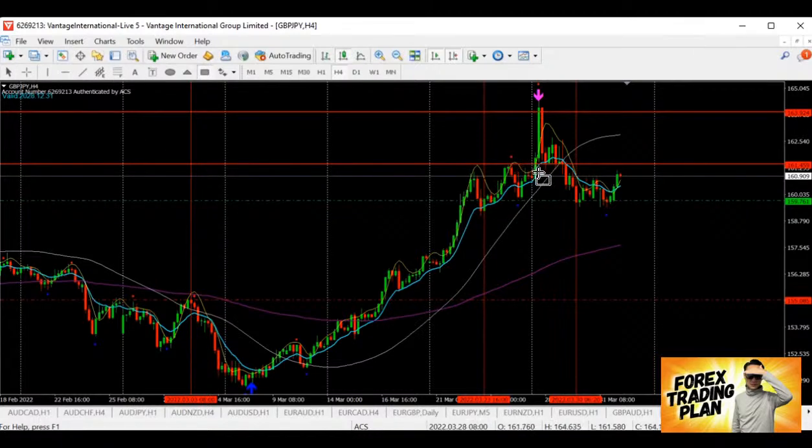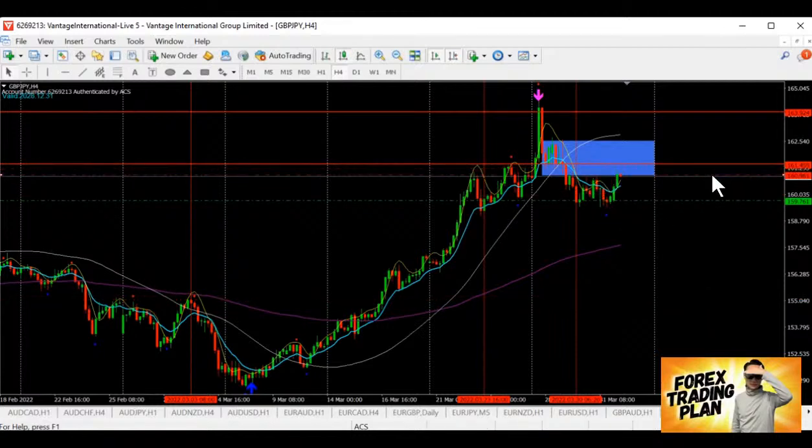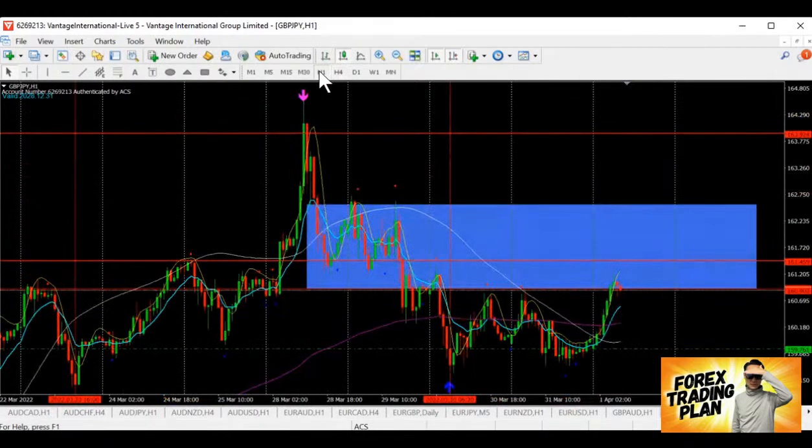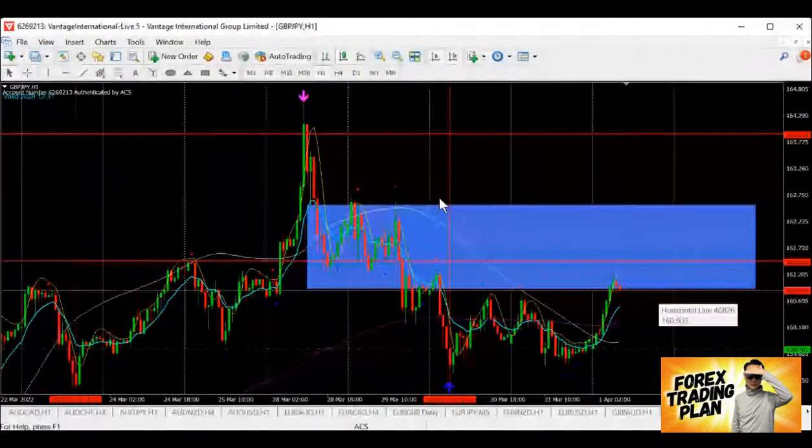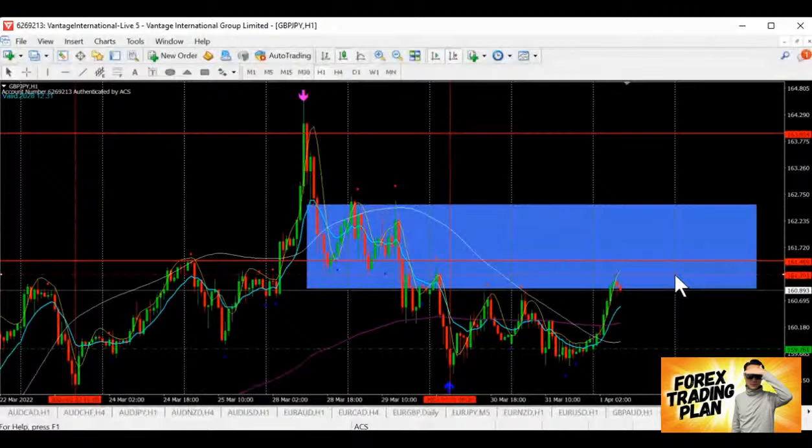It seems like the turbulence is going back into this stage here. This stage over here is the transition area, and now we are just nice there, meeting up with the previous resistance. So are we going to have a chance to sell for this pound yen? I would say, in fact, yes. We have a chance to sell for this.